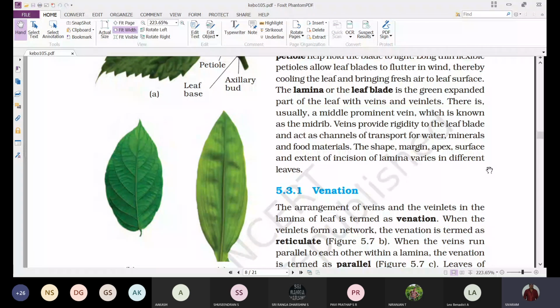Veins provide rigidity to the leaf blade and act as channels of transport for water, minerals, and food materials, because the veins consist of the transport tissue, that is xylem and phloem. So these veins not only provide rigidity to the leaf lamina, but they also act as the channels for the transport of